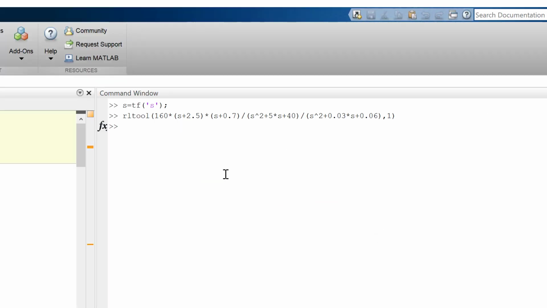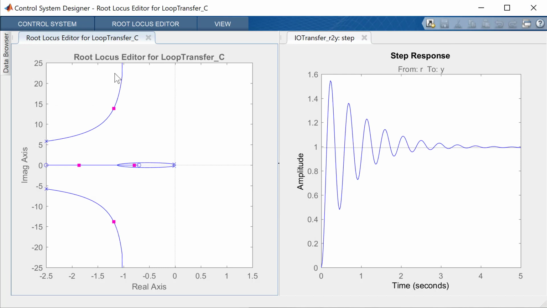In order to start with the RL tool, I'm going to plug in our transfer function, this complicated mess right here, and then put a 1 in for proportional control. And when I load that up, I get this for my RL tool. I've got the root locus on the left and the step response on the right. We have poles very close to the origin, and we also have these poles that start